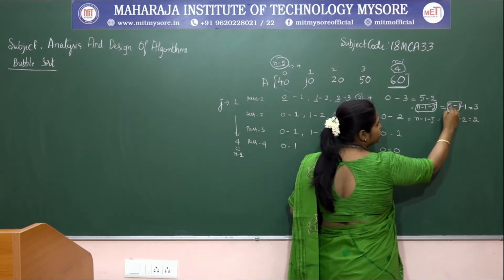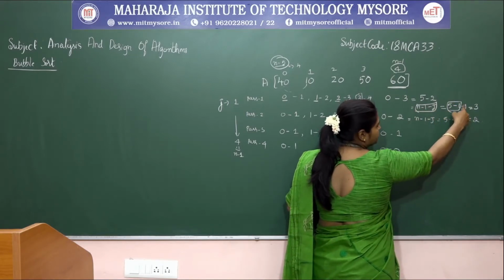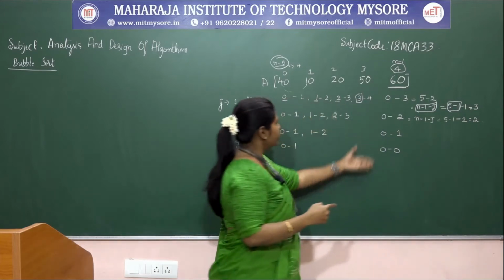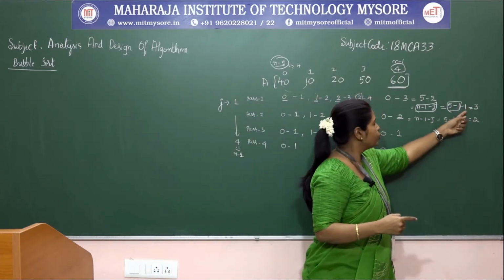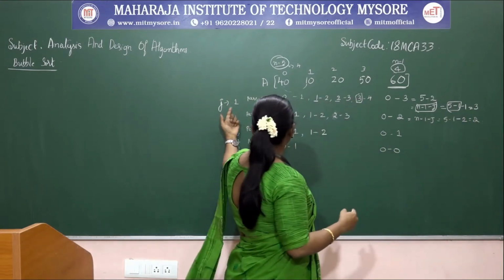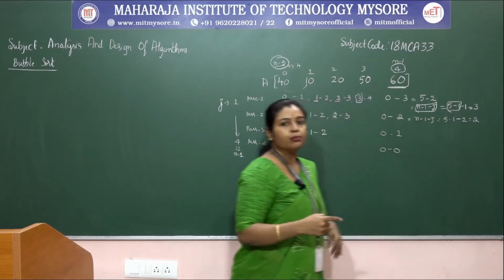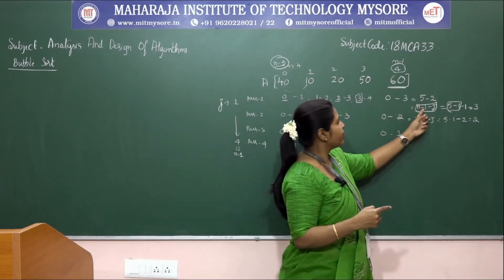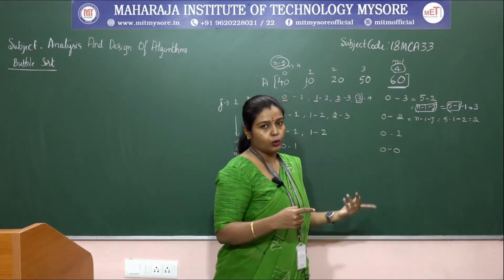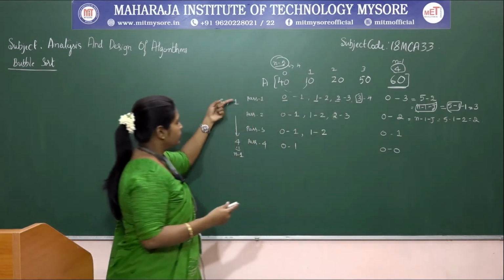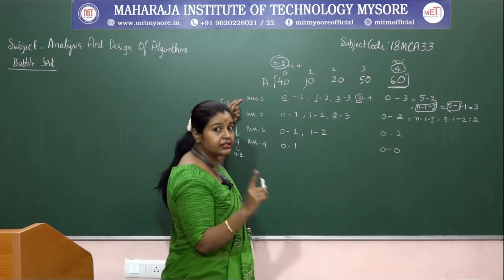So this 5 minus 1, 5 means what? n minus 1 minus this 1, 2, 3. If you observe these iterations, definitely you will get the number of passes. So 1 is, so whatever j value you have, if you substitute this, we will get the number of passes here. So that is n minus 1 minus j. Up to that iteration we need to go. Okay. So now in each and every pass, we will get the largest element.